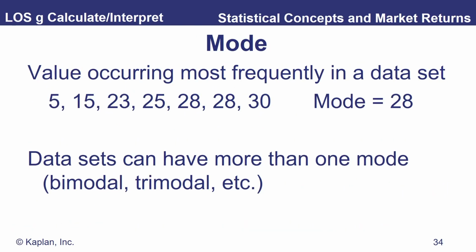Next one is mode. Not very excited by mode. It is simply the most frequently occurring value in a data set. So here's our data set, 5, 15, 23, 25, 28, 28, 30. 28 occurs twice. That is the most frequently occurring value, so our mode is 28. But what happens if we had, let's say, another value of 15 here? Well, then we would have 2 modes, 15 and 28, in which